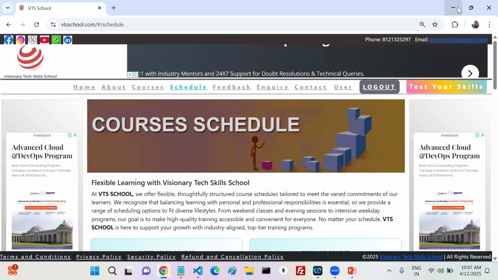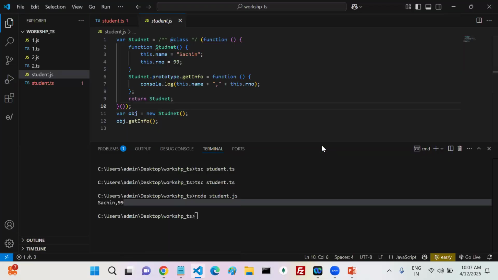I have one question. Go ahead. Sir, you said TypeScript is only for development, right? Yes. So in production, when passing the input, actually the input is an integer, but we give a string, then we can get a runtime error, right, sir? That is one thing, client side validation.